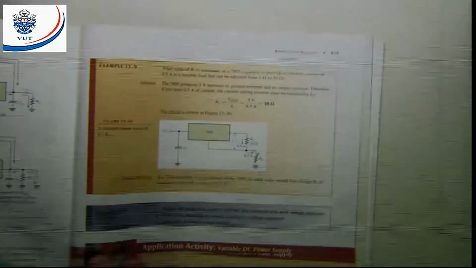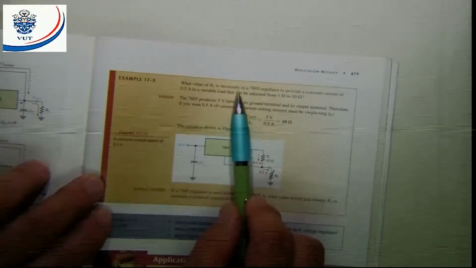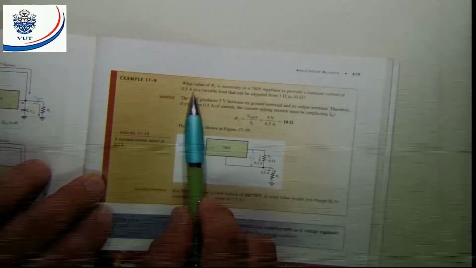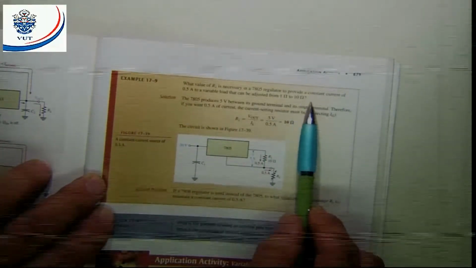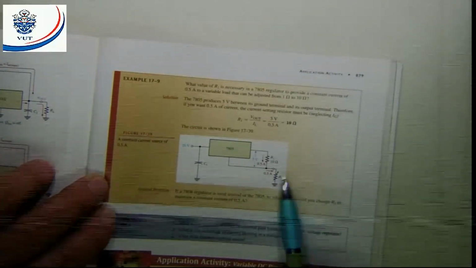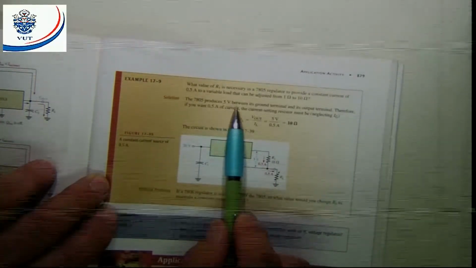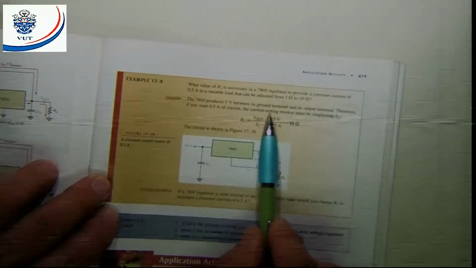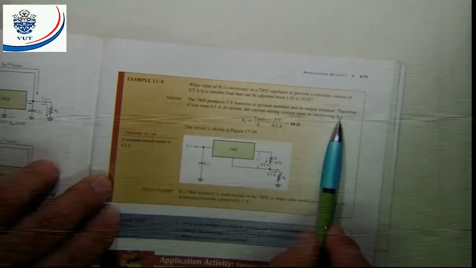Let's have a look at this example. They say, what value of R1 is necessary in a 7805 regulator to provide a constant current of 0.5 amp to a variable load that can be adjusted from 1 to 10 ohms? You can't make this too large. If you make it too large, you won't be able to have a constant current there. Now they say the 78 produces 5 volts between the ground terminal and the output terminal. Therefore, if you want 0.5 amp of current, the setting resistor must be, neglecting IG,